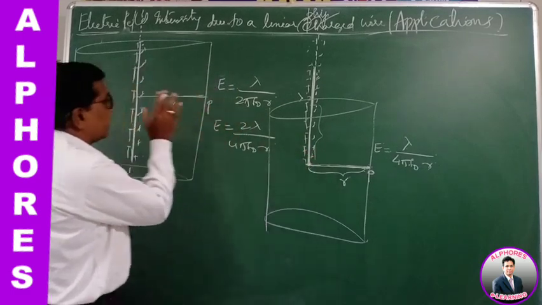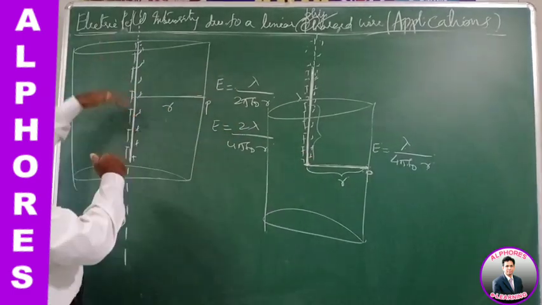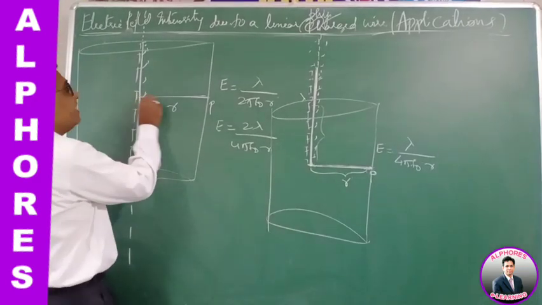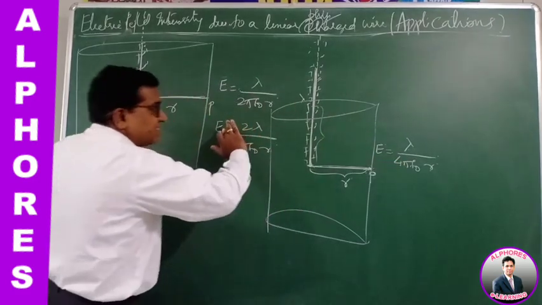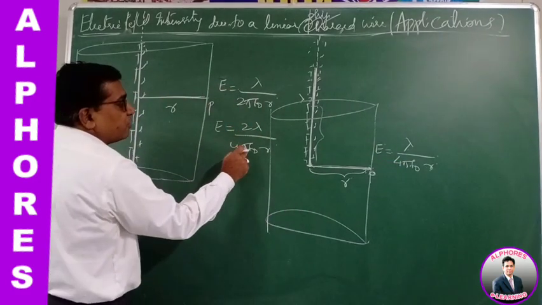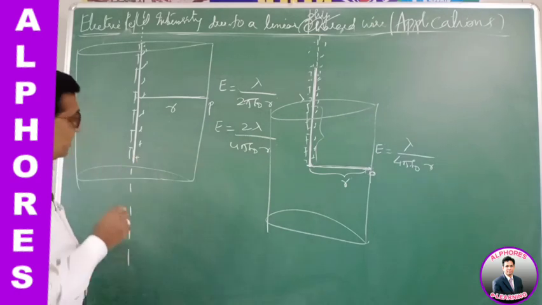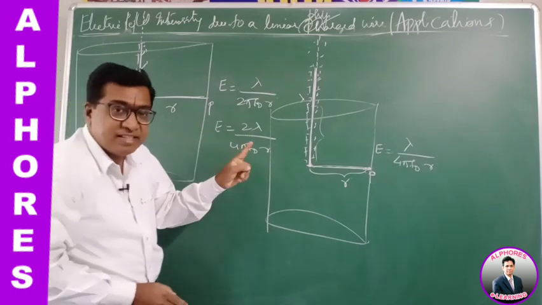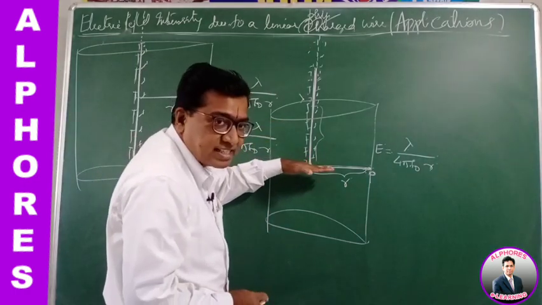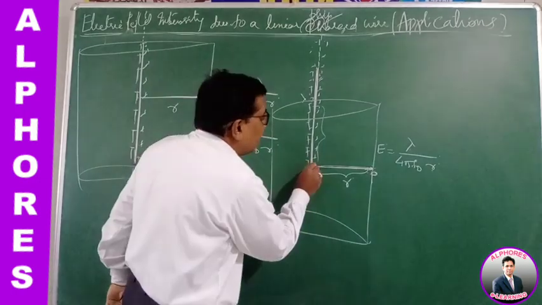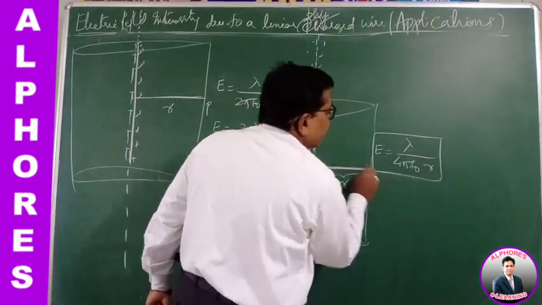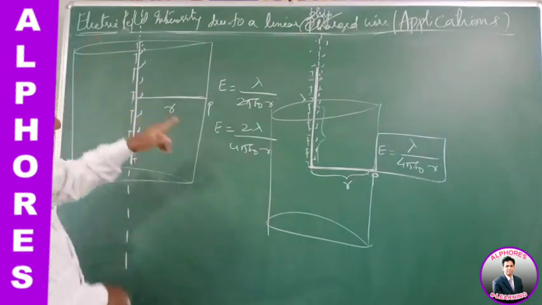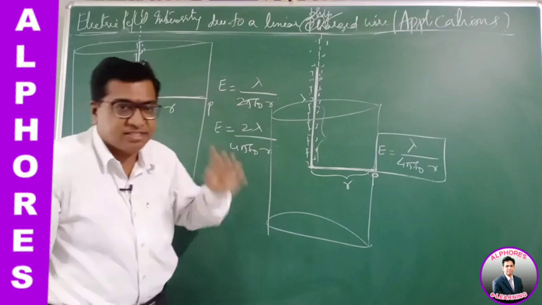In comparison to this, if the charged conductor is extended on either side, the upward side and the lower side, then for this both-sided infinitely long linear conductor, it will be twice this. So it is 2 times lambda by 4 pi epsilon naught r. So in comparison, the electric field due to a full length infinitely long conductor on both sides is twice the electric field due to the linear charged conductor extended in only one direction, at the lower end. A very good question, a very good comparison between this and this. Here it is extended on 2 sides, here it is extended on only 1 side. Please note this difference.